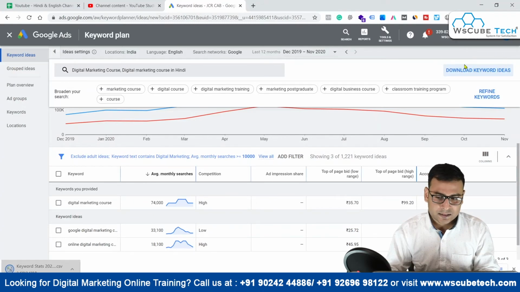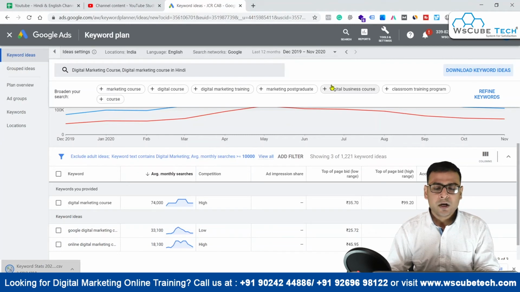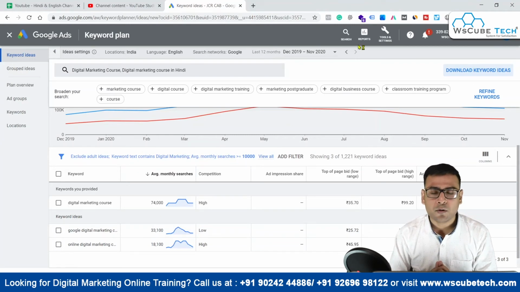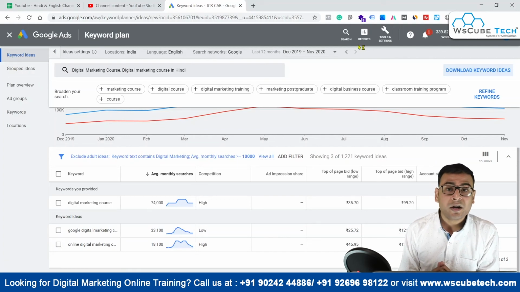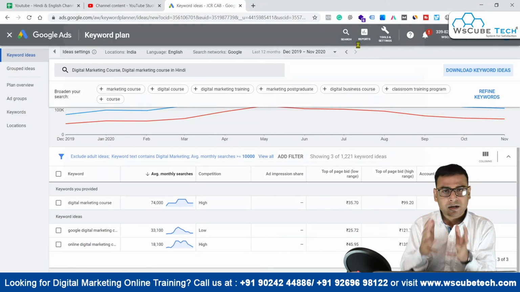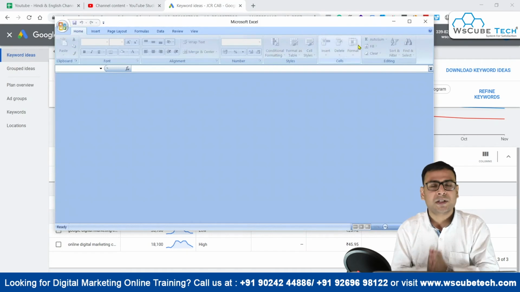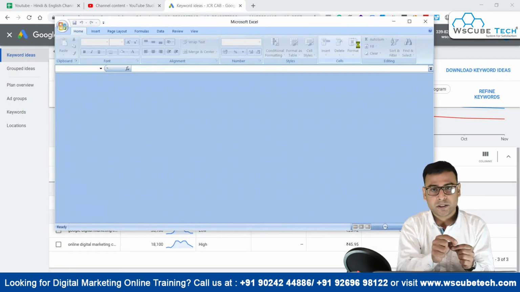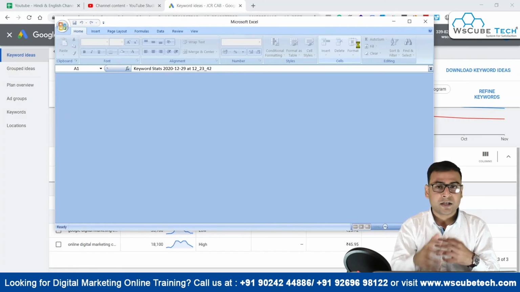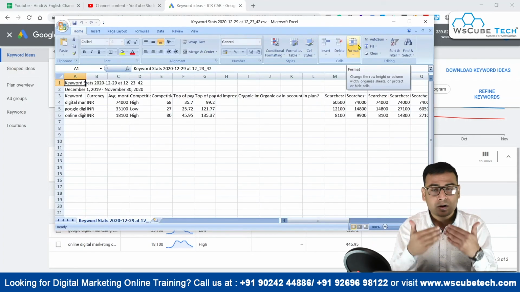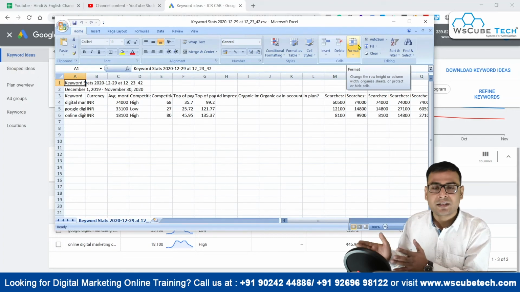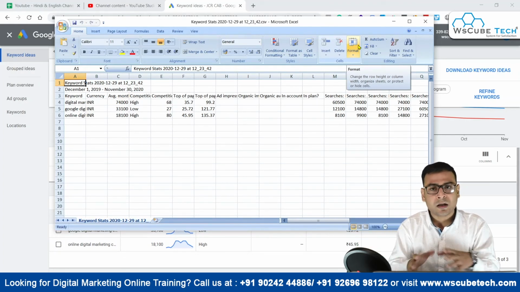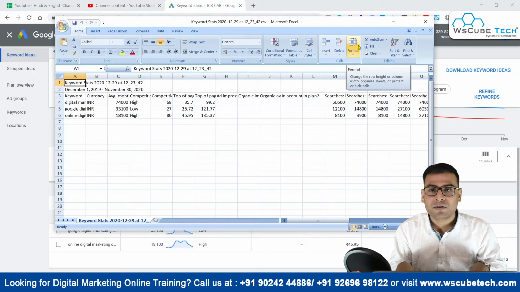So guys, as this sheet is now downloaded, the main purpose of researching keywords is to basically find out which keywords, or what number of keywords, or what kind of keywords are getting maximum searches, so that we can show our ads on those searches. If a higher number of people are searching for a specific keyword, there are high chances that my ad will show there, right? So this is how we understand the foundation of keyword research.